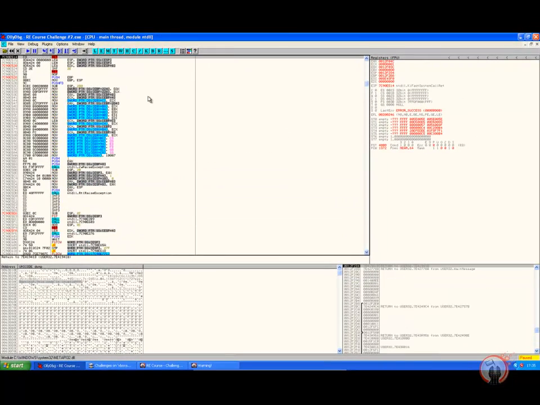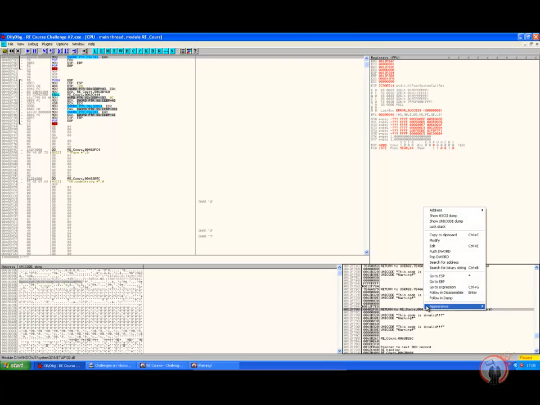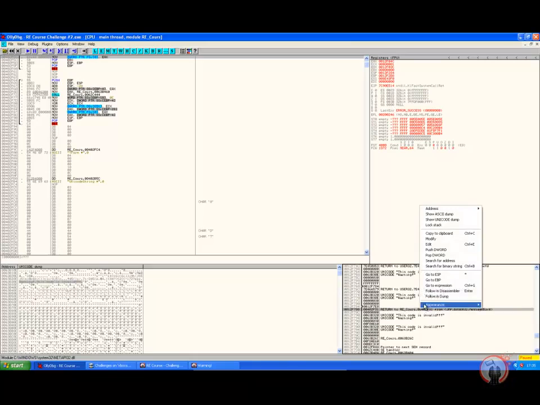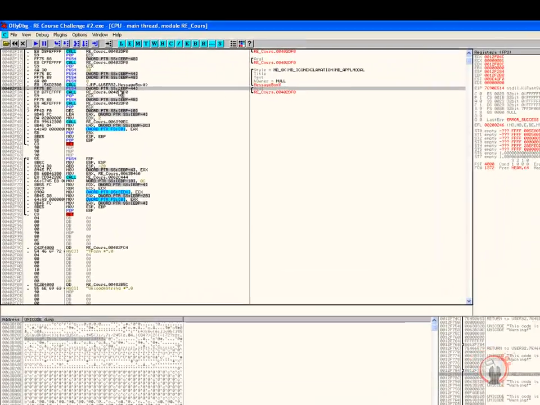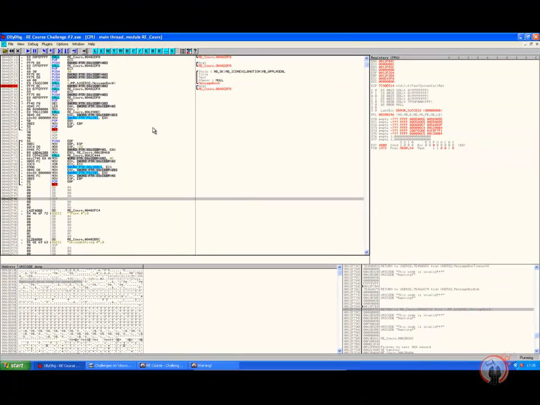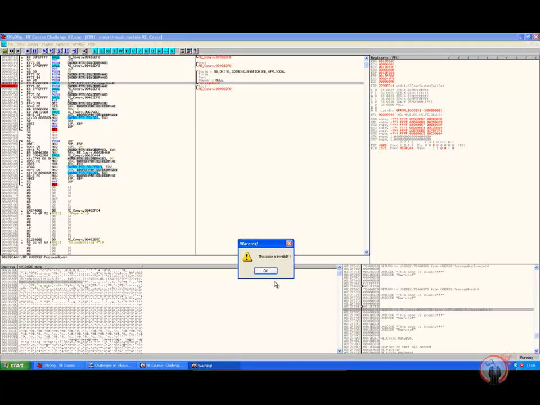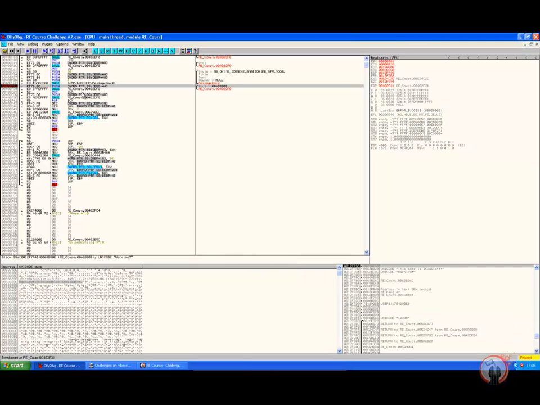Now at this point, since we know the return address after the call to the message box, which is here, we're going to set a breakpoint directly after. So I'm going to press F9 to resume the execution, and then press OK. So now we stopped immediately after the call to the message box,